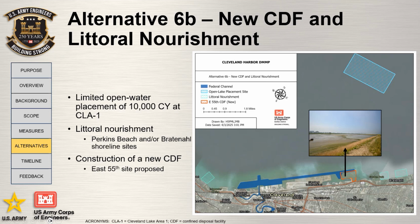Alternative 6B includes placement of 10,000 cubic yards of dredge material annually in Lake Erie at the Claw 1 site, shown in blue, as well as placement of coarse grain material in the littoral drift at locations such as Perkins Beach or Bracknell, shown in teal. Long-term capacity for fine and coarse grain sediment will be generated through construction of a new CDF for Cleveland Harbor,